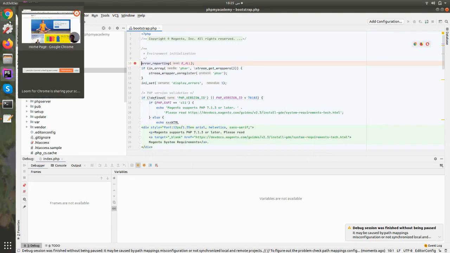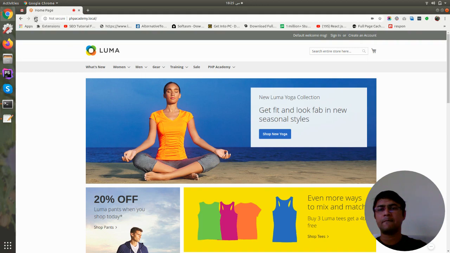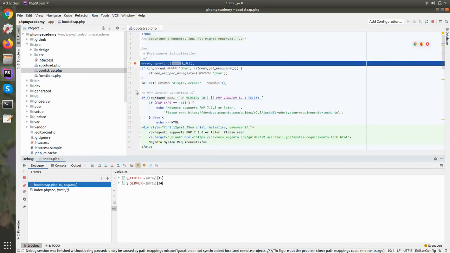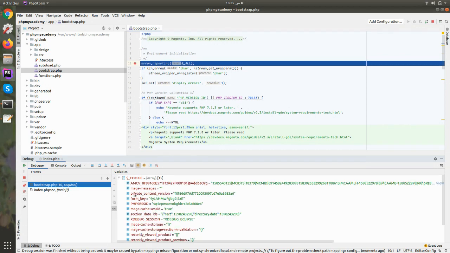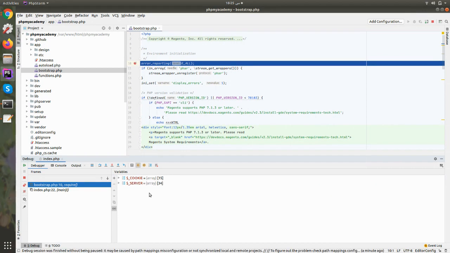Again I will go to my website and refresh it. It will give you the debug here. It will come here and give you the variables which are being used here. So it will give you the result.